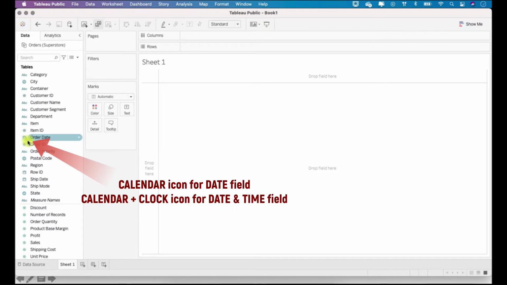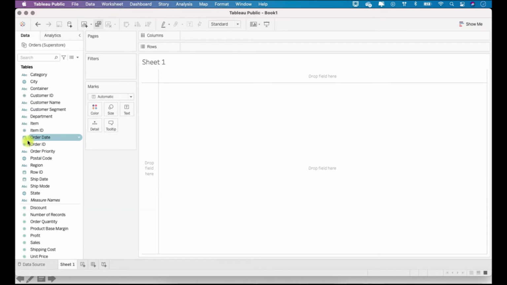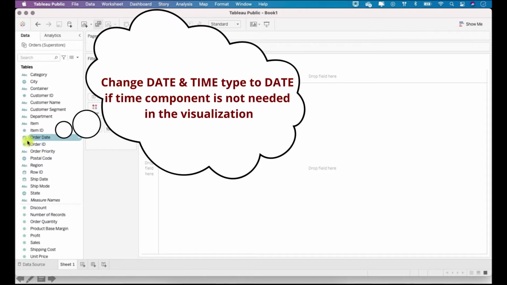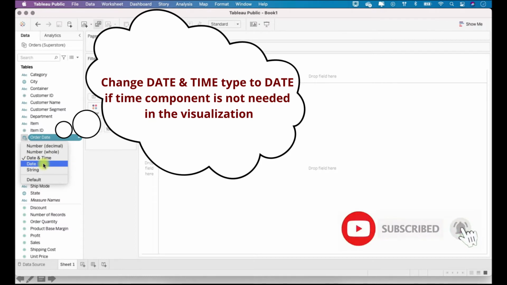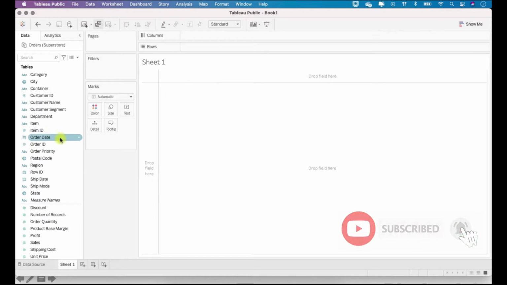Okay, and in case you want your date field which has time to be displayed as only date and there should not be any time information, then you can just change this date and time data type to date. Okay, this is a very useful thing.